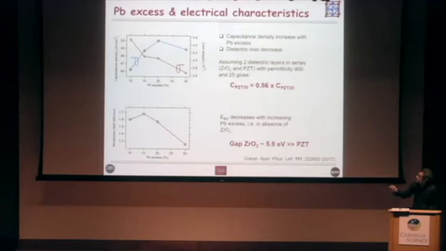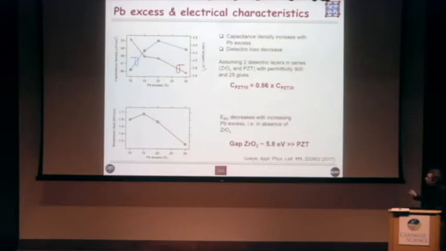The loss tangent decreases, which is good as well if you want some high-performance devices with lower power consumption. But unfortunately, the breakdown field actually decreases with increasing lead excess. And the decrease is quite important. It goes from 1.6 to